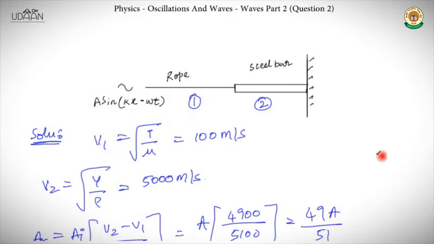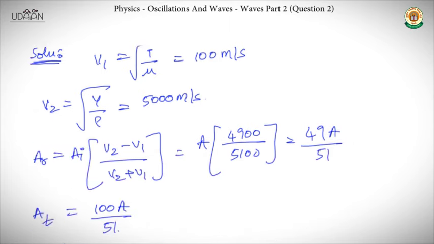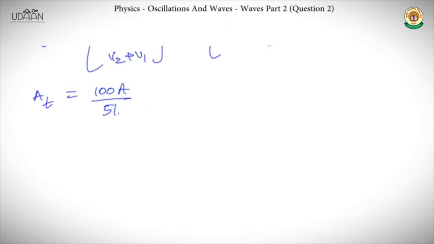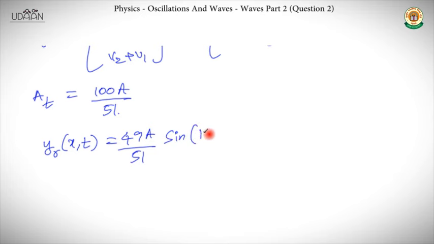Since we got the amplitude as positive, the reflected wave doesn't change the phase. This is what we can infer from this. And the transmitted wave obviously doesn't change the phase. The reflected wave travels in the negative x direction. So y reflected of x comma t will be 49 A by 51 into sine of kx plus omega t,